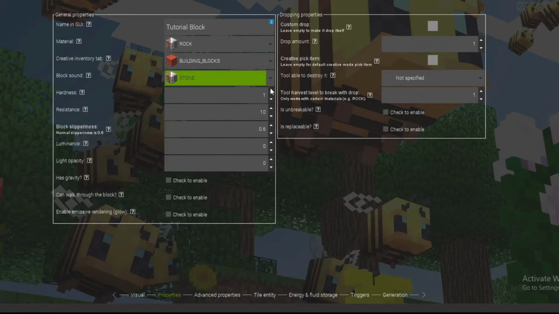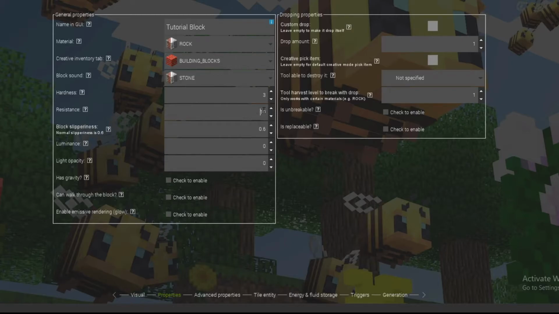Alright, once you've done that, go ahead and look up hardness for certain blocks. That's what I did to make it feel Minecraft-ish and vanilla. I searched up hardness for certain blocks, and it turns out that hardness for regular stone is 1.5. I want this to be harder than stone, so I'm going to change this to 3, so it's 2 times as hard as stone for me. Resistance means, like if you blow up TNT next to that block, the higher you put it, the less likely it is to blow up. I'm pretty sure